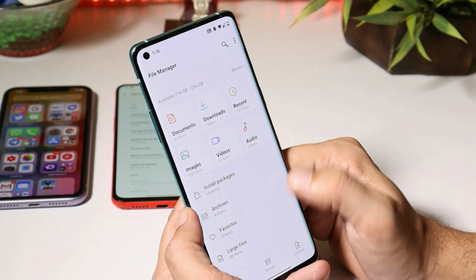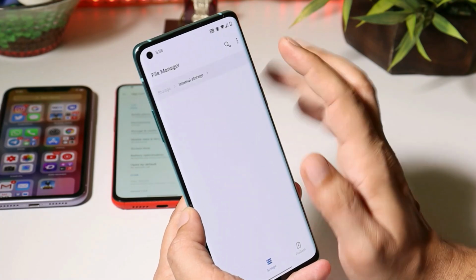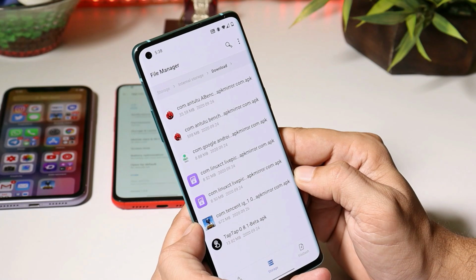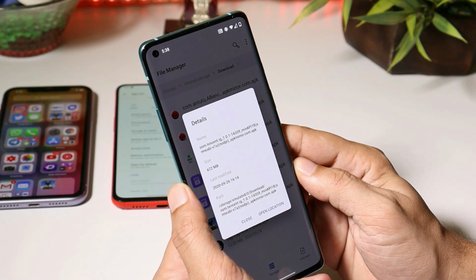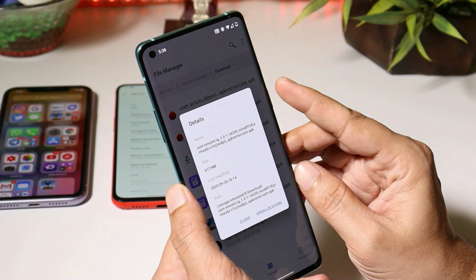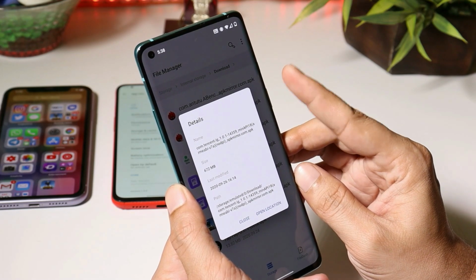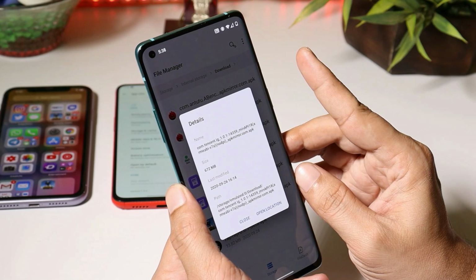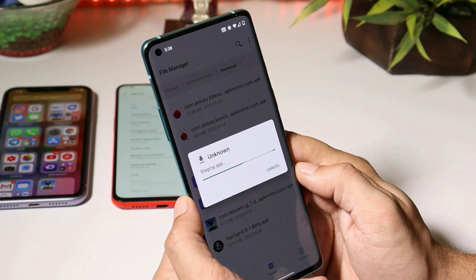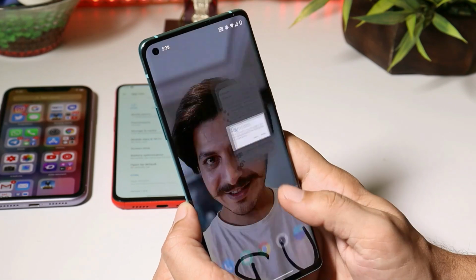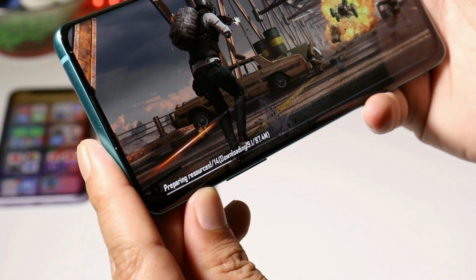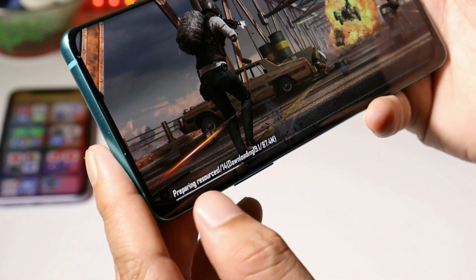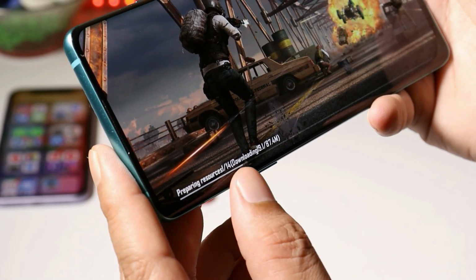After that, you just need to download the APK given in the description below. And here I have the global APK version. The size of this file is 672 MB. If you are using this application, you don't have to download the OBB file, which is around 1.78 GB. You just need to download and install this APK. After you have installed it, and if you have connected your device to a stable Wi-Fi network, then the game will automatically download the resources file.